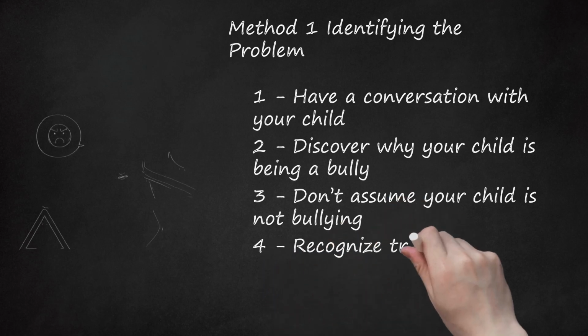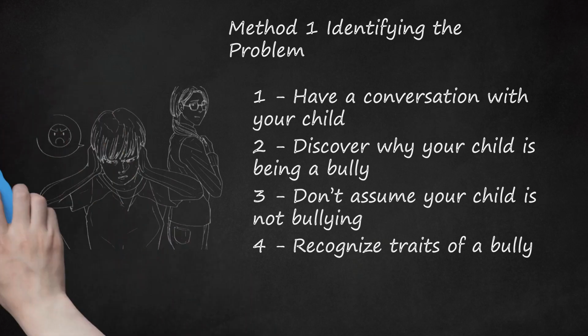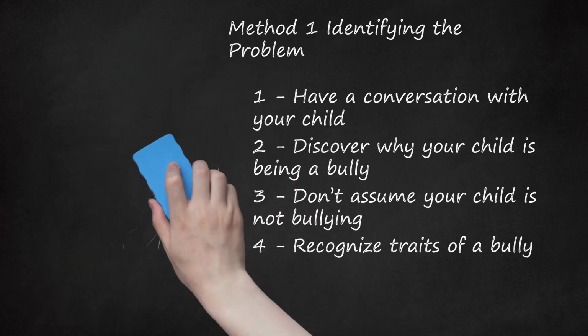4. Recognize traits of a bully. Children who engage in bullying have at least one of several related traits. These traits demonstrate a need for control and difficulty relating to others. Keep an eye out for behavior that denies personal responsibility and justifies aggression or emotional outbursts. Your child may also exhibit poor social skills, anxiety, depression, or frustration, a lack of accountability, a lack of empathy, a need for control.